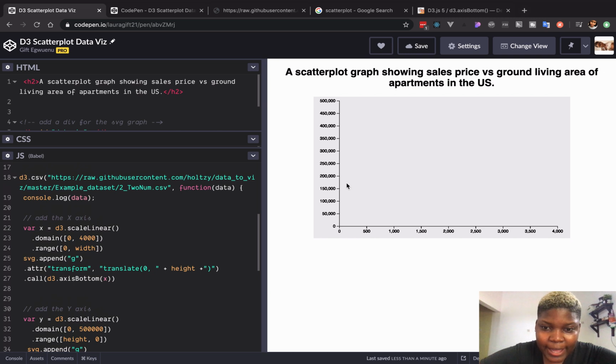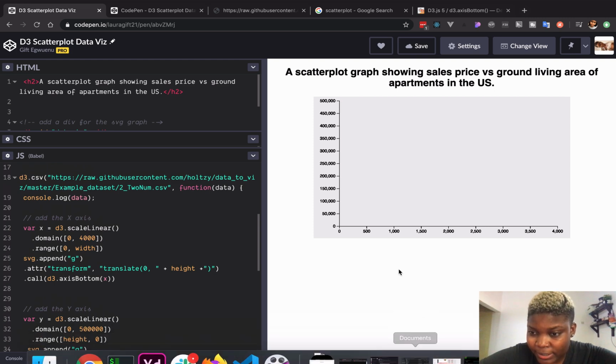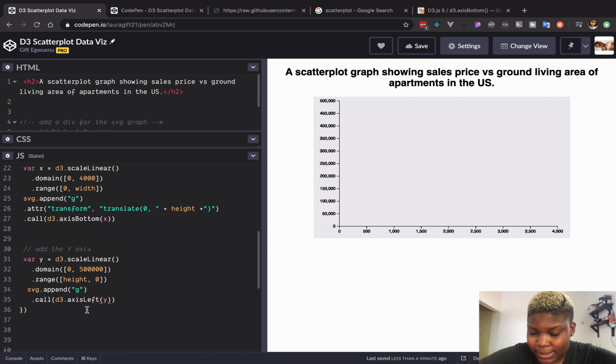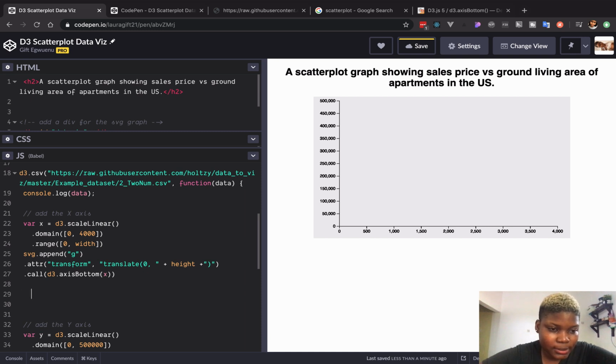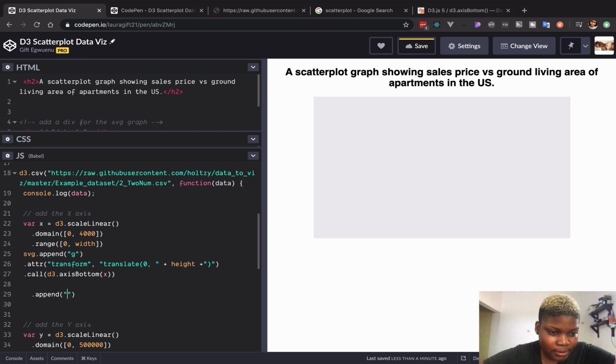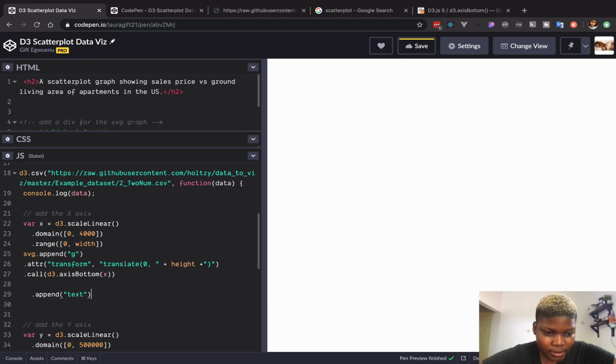So right now I have plotted the x-axis and the y-axis to make my graph look more presentable and actually communicate meaning to people. I would like to add a text here saying what the x-axis signifies, and also a text to the y-axis saying what it signifies. So let's do that. And my best guess is I will need to append, say dot append text